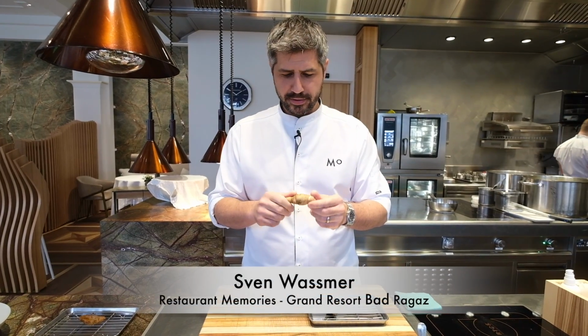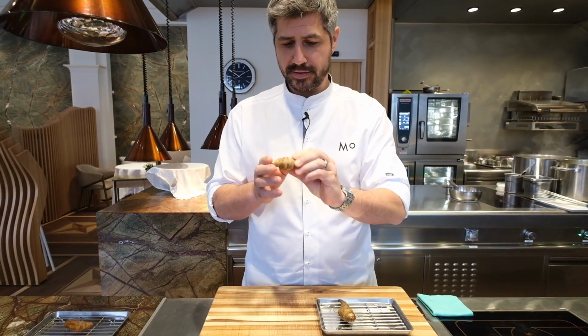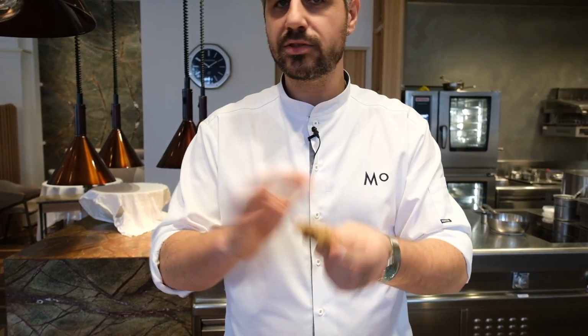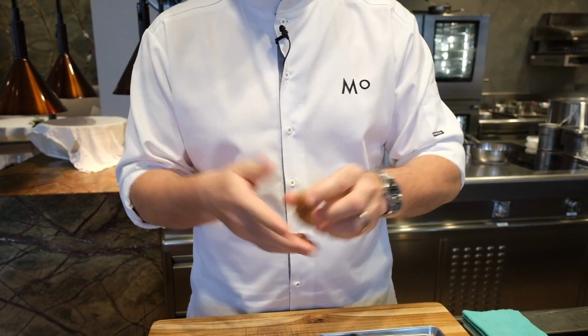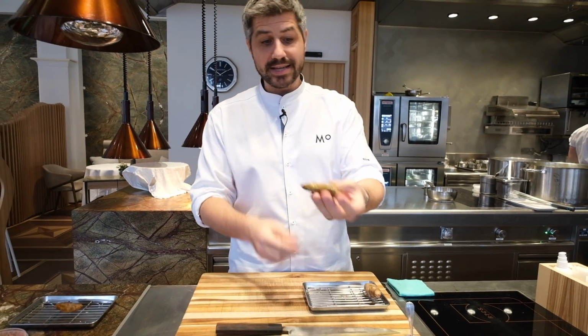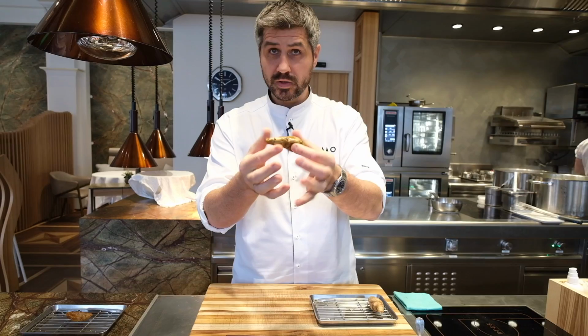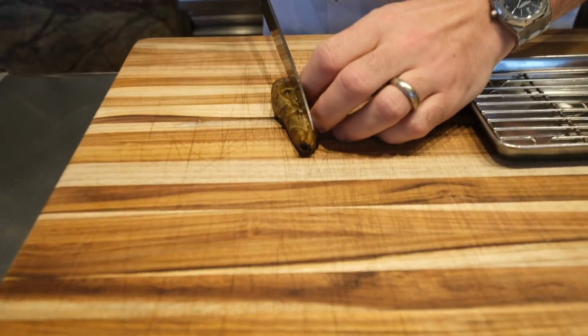Next dish we showcase Jerusalem artichoke at its best. It just gets washed, then rubbed with a little bit of oil and salt, goes in the oven, and we bake it very, very heavily, so it gets nice and roasted like this, and soft. What we do then is dice it in half,